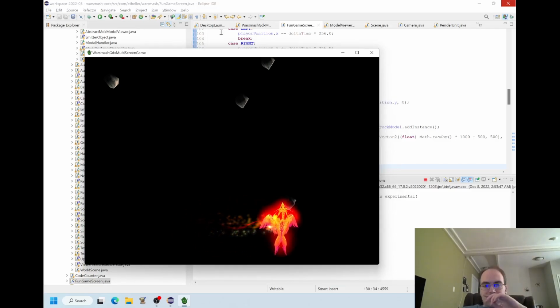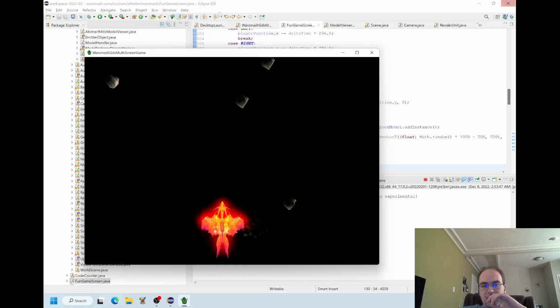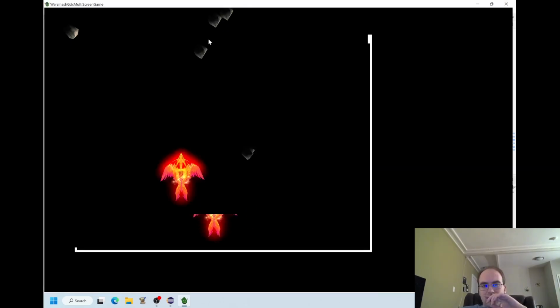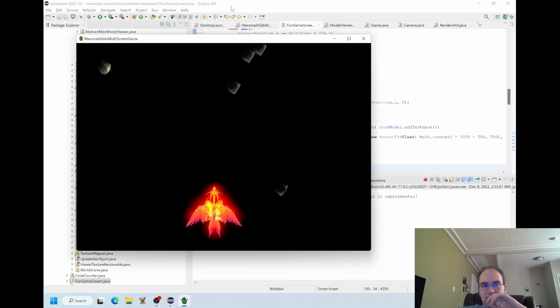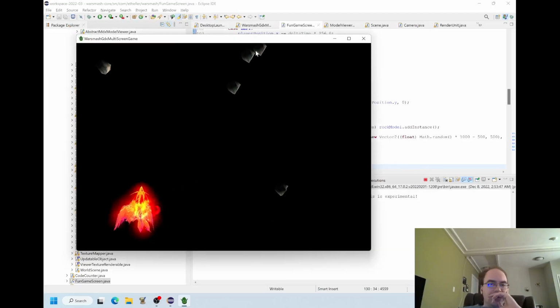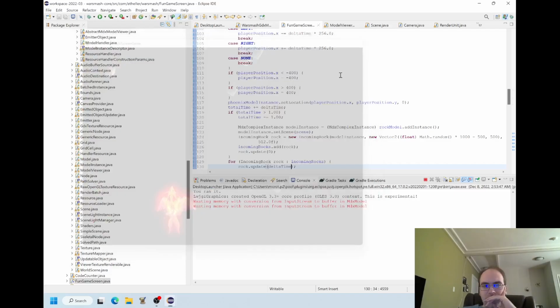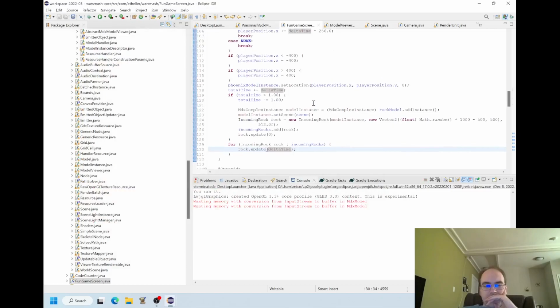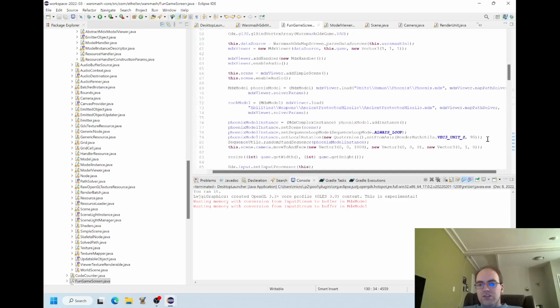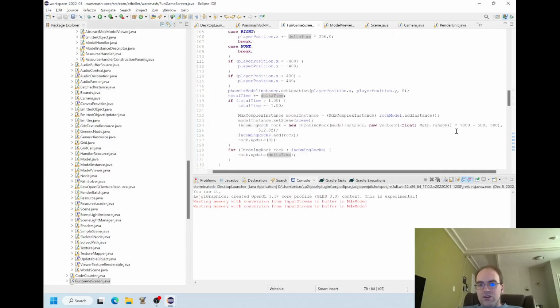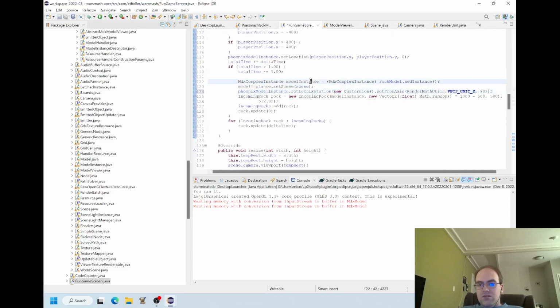So the rocks appear to be stuck in place. They're not really moving yet. They appear to be sitting kind of randomly and not really moving. So that's interesting. Why are they not moving? One thing that did occur to me is I never set the rotation of the rock. So we probably want to do that. And I think we'll do minus 90 so they're facing down towards me.